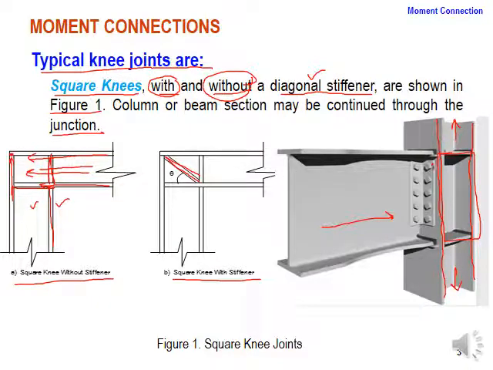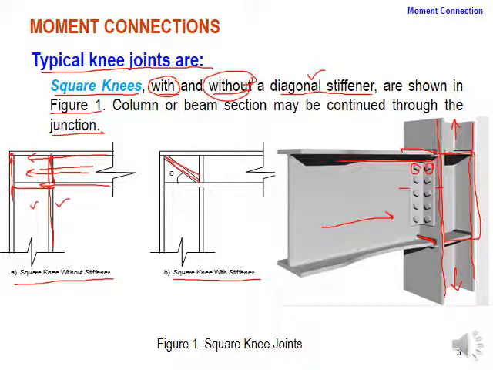So this is the angle plate and this is going to be connected with the help of bolts. So these bolts are going to be connected with the flange of the column. The beam has been connected with the flange of the column. And what about the flanges of the beam? The flanges of the beam are welded with the flange of the column. Here you can see this darker part is going to show you the weld connection. So the welding has been done.